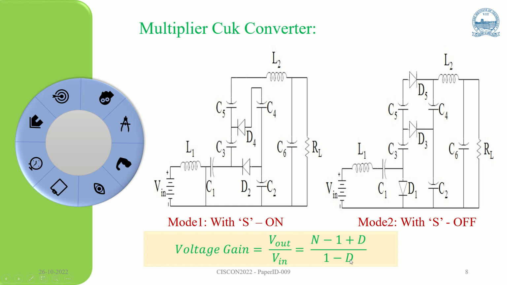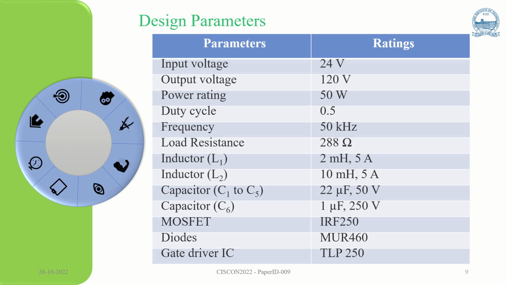So in our work we have designed it for three stages, that is n equal to 3, and a duty ratio of 0.5. For this we got a gain of 5. These are the design parameters of the designed converter, where the input voltage is 24 volt and the output voltage is 120 volt, because the gain is 5 times, and for this gain the duty cycle is